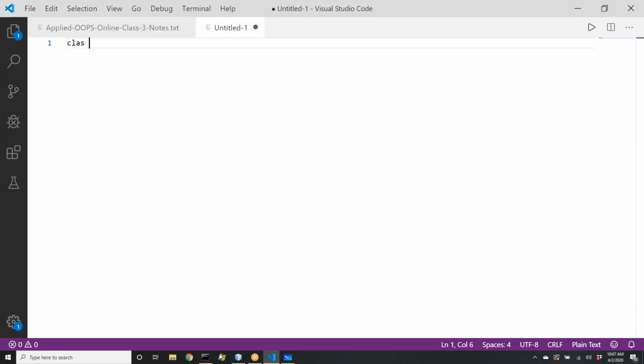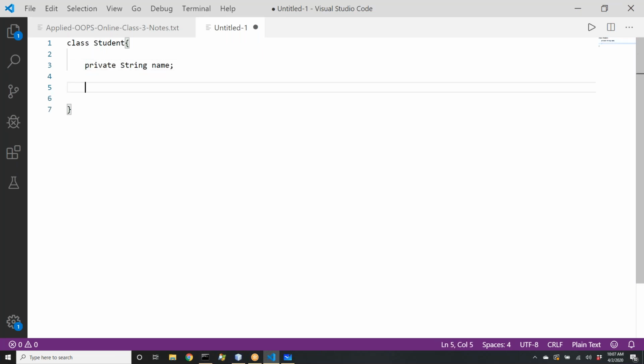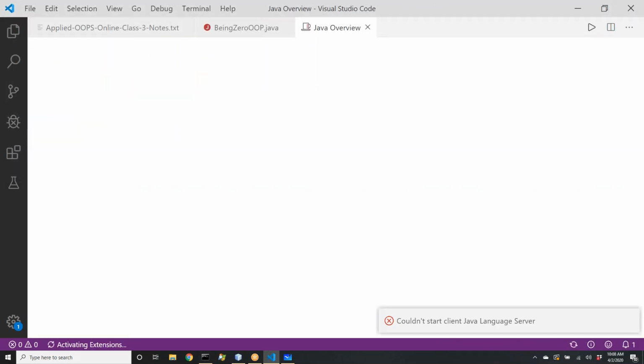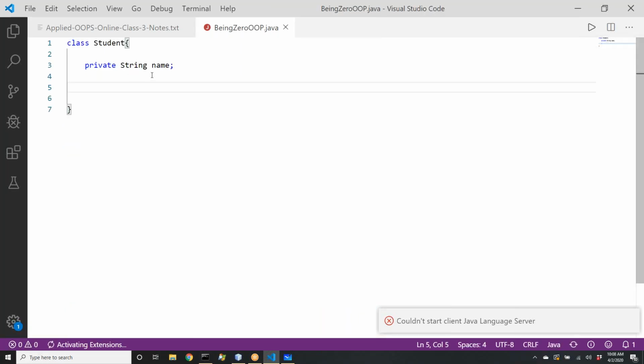So imagine if I design a class called student, and here I say String name. It is typically recommended that you should have name declared as private. Let me say Being0.java. So we are writing a student class where we are giving one field,